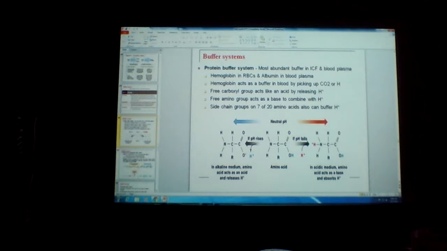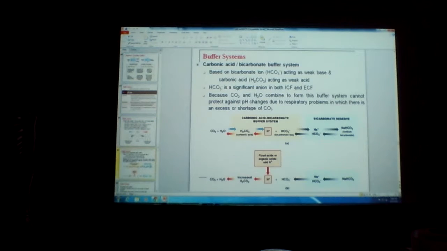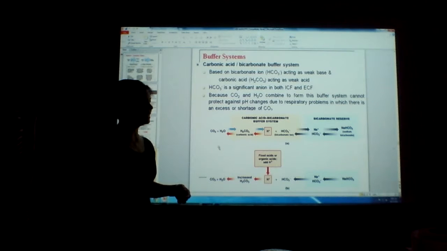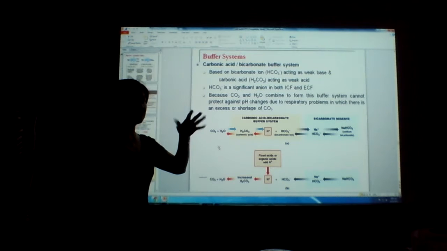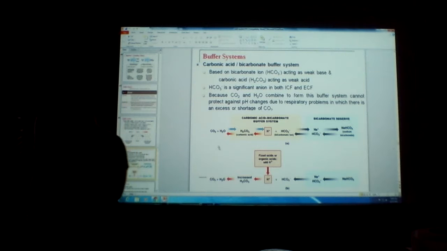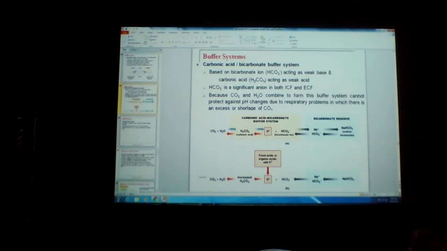That's the same thing with your carbonic acid, bicarb. So it can be acid if there's too much base. It can be a base if the conditions are too acidic. But it just neutralizes the pH on its way out. Now I want you to look at the important body systems that will get rid of it: your respiratory system and your renal system.